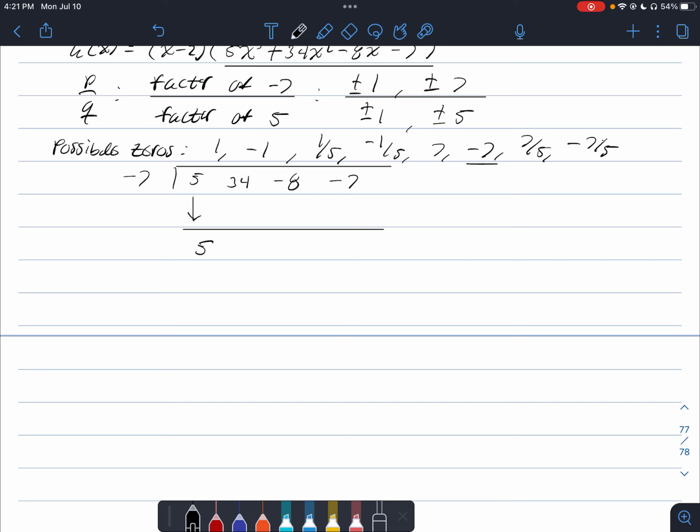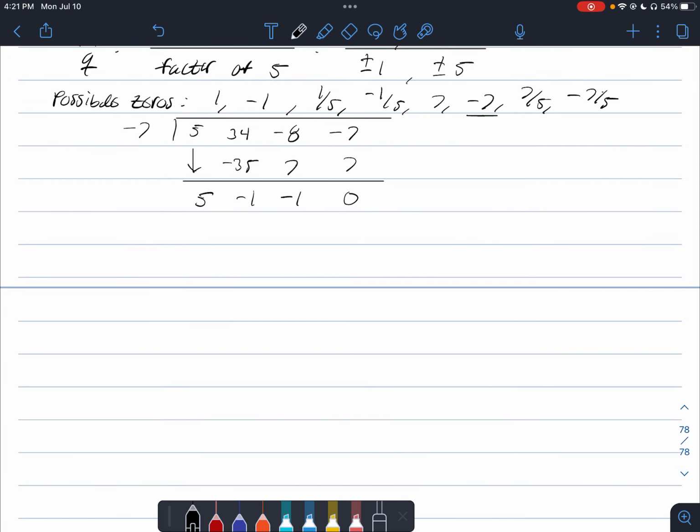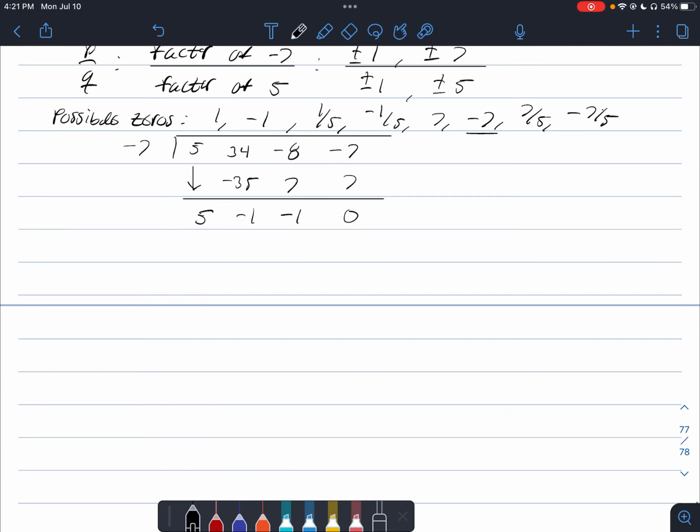Okay, so -7 times 5, that's going to be -35. So we get -1, -1 times -1 times -7 is +7. So -8 plus 7 is -1. -1 times -7 is +7. So -7 plus 7 is 0. And that means that -7 is indeed a 0. So that means that x plus 7 is also a factor